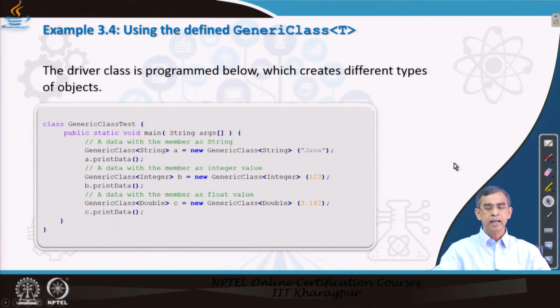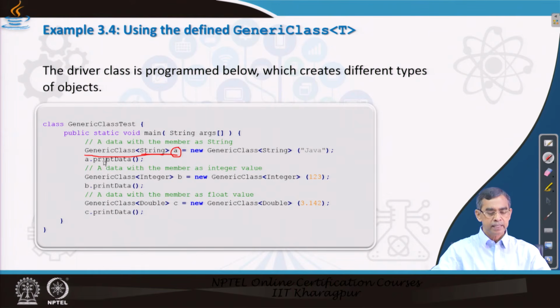Now let us see how we can utilize it. This is the main method which utilizes the previous declaration. In this method, as we see, we create an object A. Here we mention the template T as String.